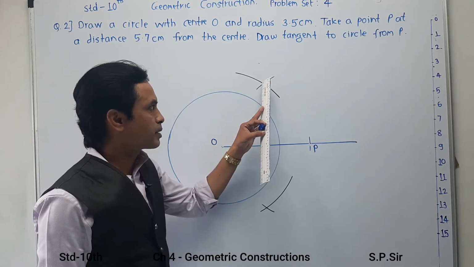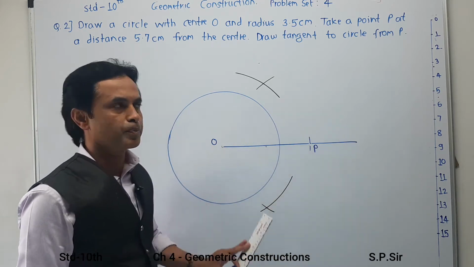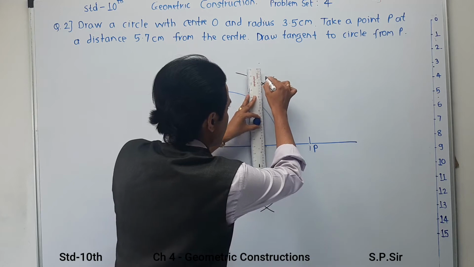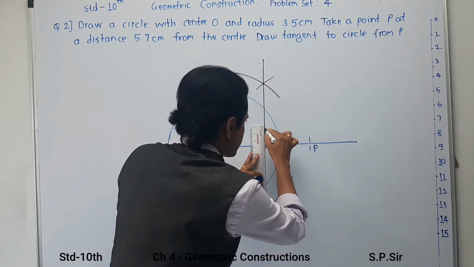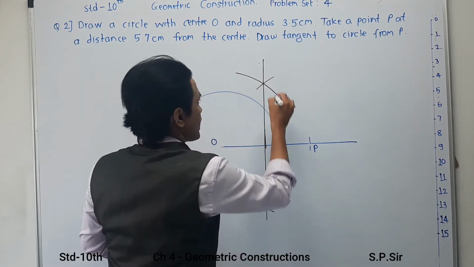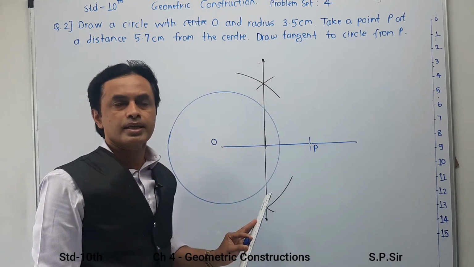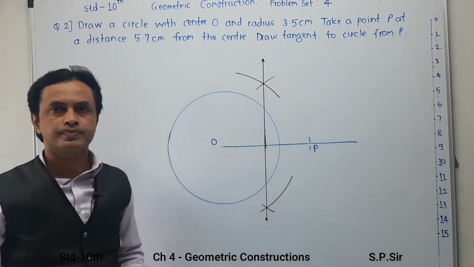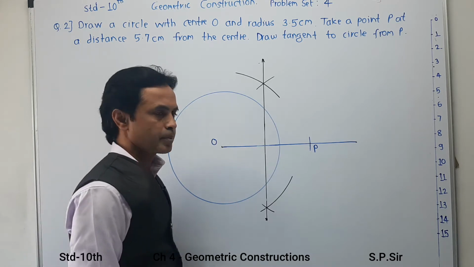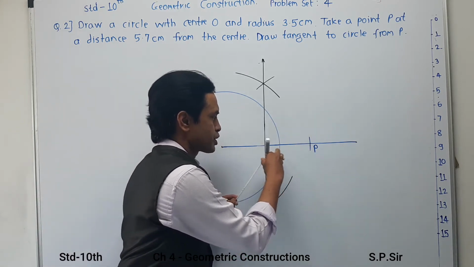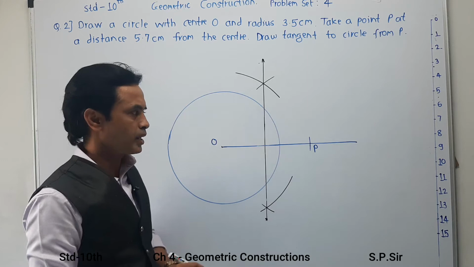Now we have to draw a line passing through these two markings, and definitely it is not only perpendicular but also a bisector of OP. So I am going to draw one line. And now you can see that this line is perpendicular. I repeat, this line is the perpendicular bisector of OP. Now you have to draw a circle with a radius from this point up to P, or from this point up to O. That is nothing but the radius that you have to take over here. Now I am going to draw a circle.